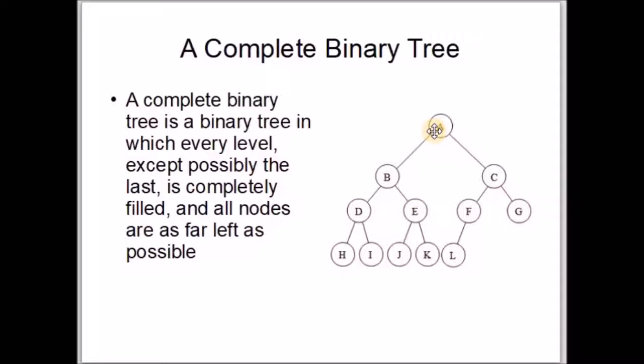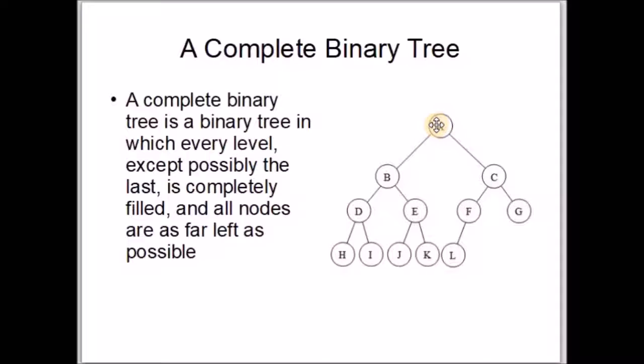So if you turn this into an array data structure, you have this as the first element, second, third, fourth, fifth, sixth, seventh, 8, 9, 10, 11 and 12. Now the array starts from 0, so you can take 0, 1, 2, 3, 4, 5, 6, 7, 8, 9, 10, 11. And again, if you look at the way a binary tree is stored, you can do it as,